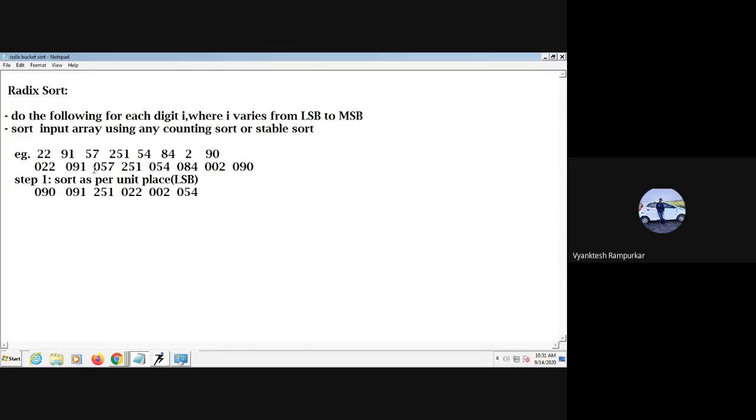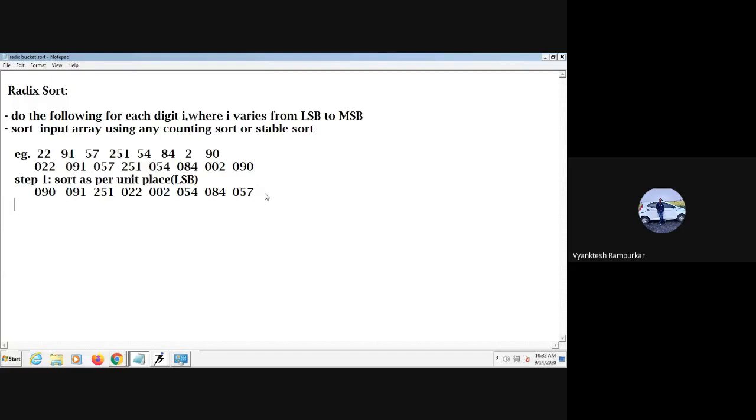Then next is 054 and 057. How many numbers are there? 1, 2, 3, 4, 5, 6, 7, 8. 1, 2, 3, 4, 5, 6, 7. Which is remaining? Okay, 054. There is one more, 84. So 054, after that 084, and then 057. Because when we write 54, it is 054. Again, there is 4, so 084, and then 057.